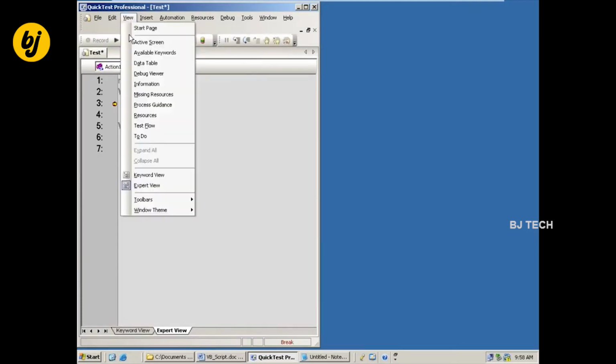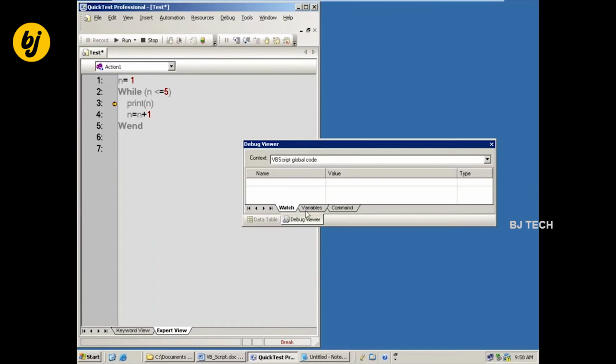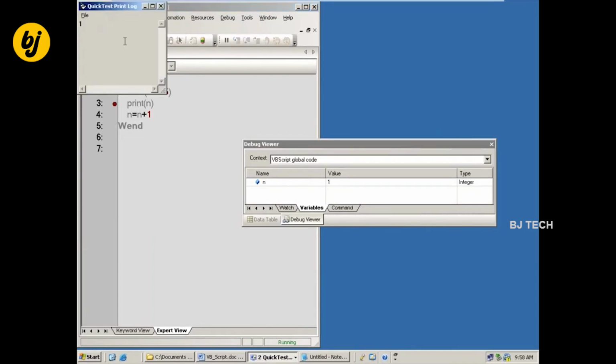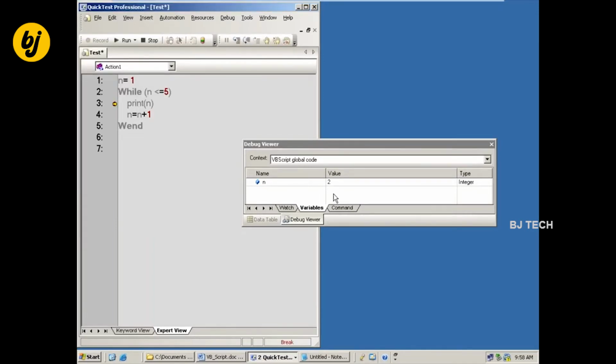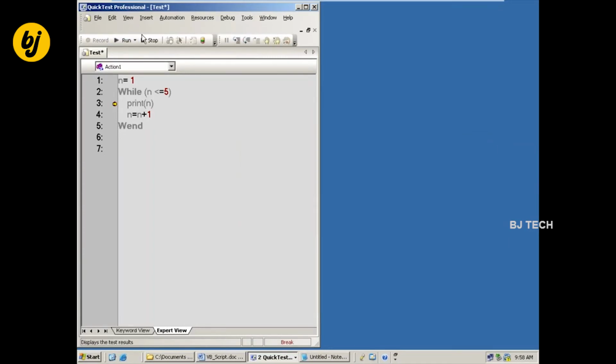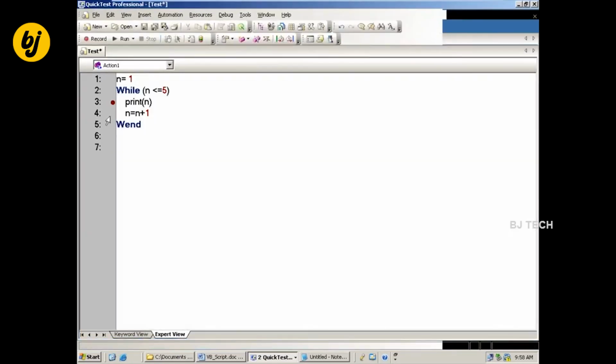Go to view, debug viewer, watch or variables. The n value is 1, the first iteration. In the next iteration the n value changes because n equal to n plus 1. So for debugging purposes, we can see how the values are changing in your variables when you have a doubt. This is how we can use the while loop.